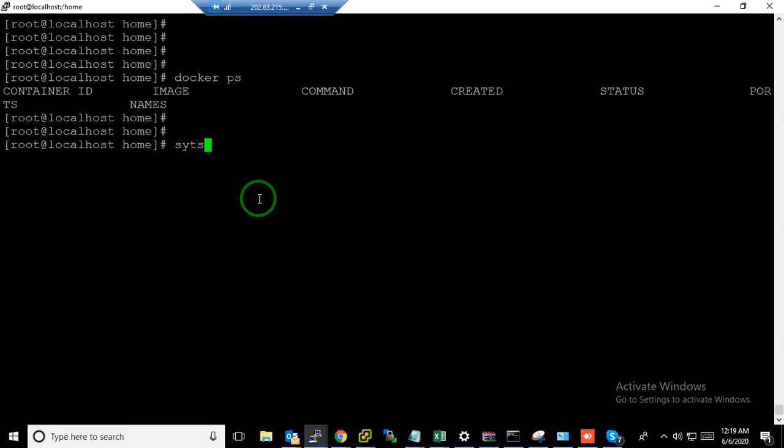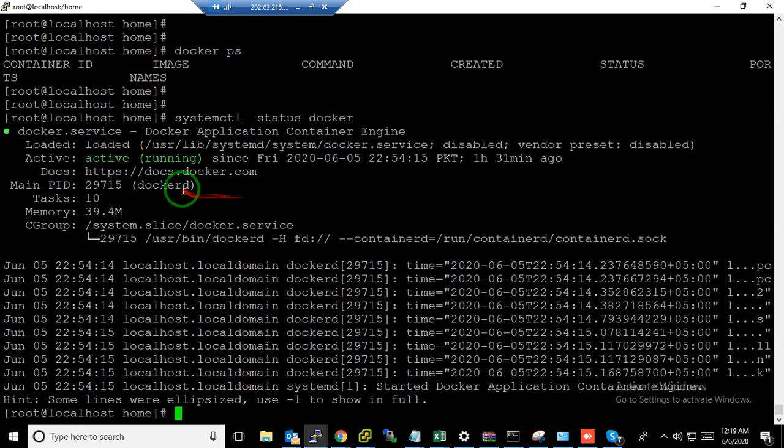For that we have to make some changes in the Docker services, so we go into this file.